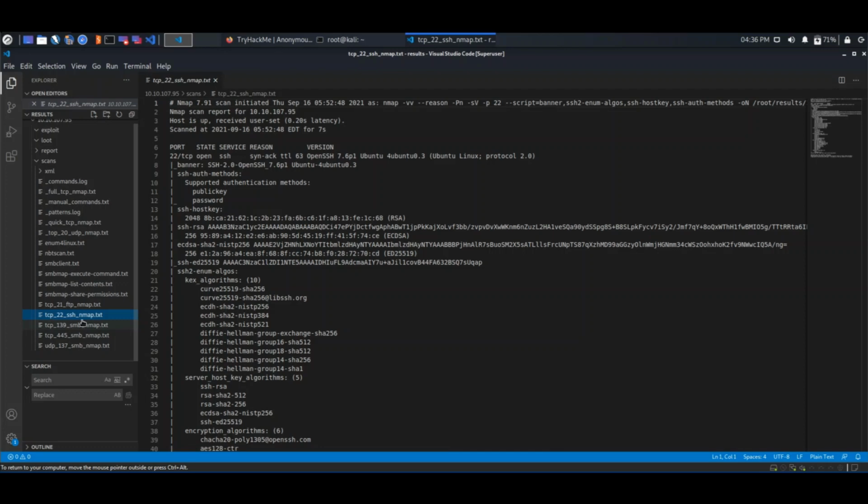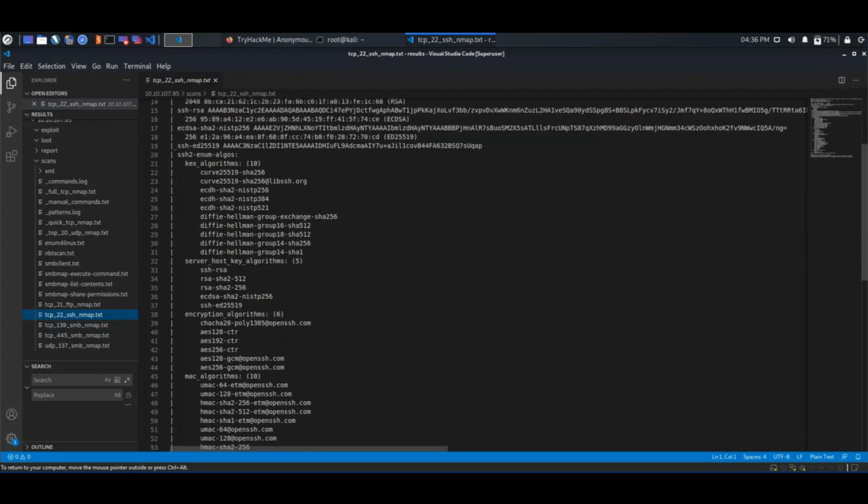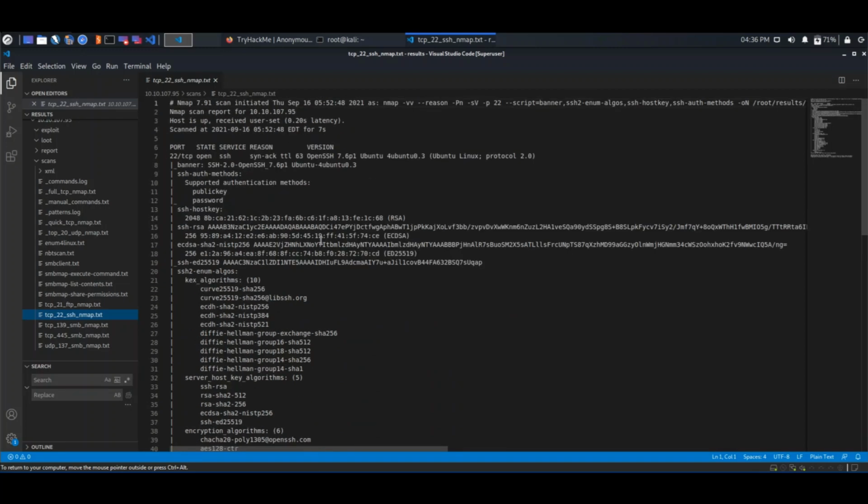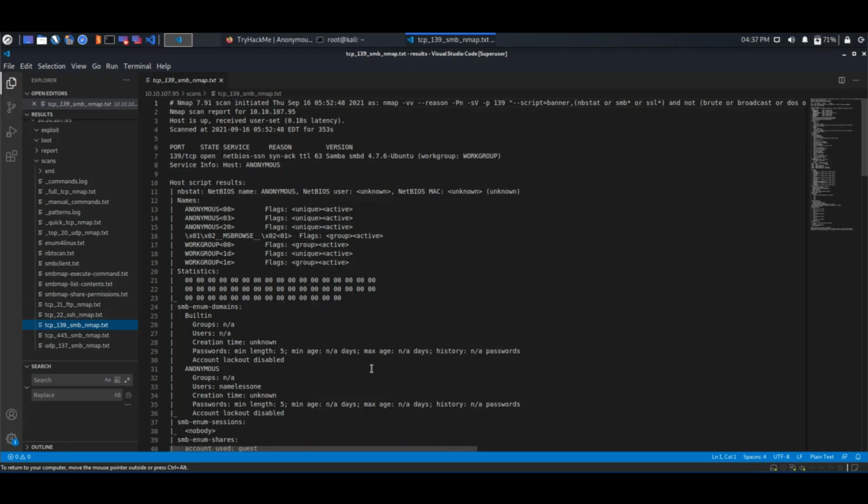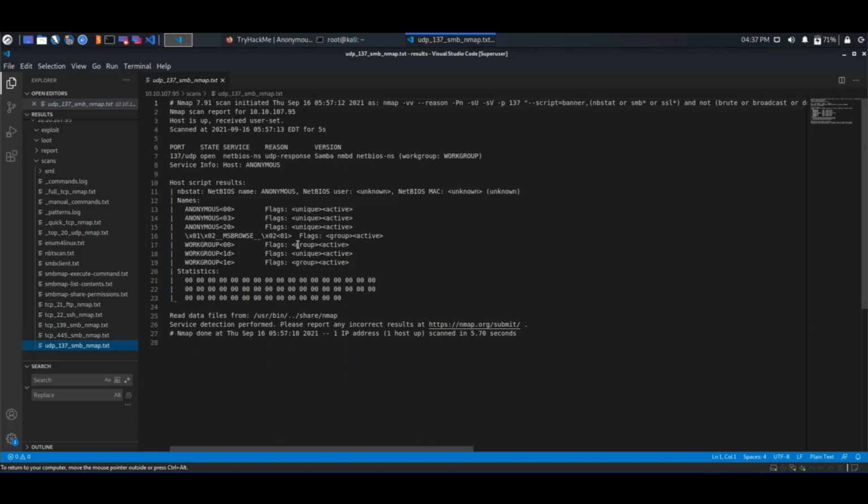And the same goes for the 22 SSH port. It did some detailed scanning on that and found results on what kind of SSH service is running, what versions are there, and more detail on that. As you can see, it used a lot of inbuilt nmap scripts for that. Many times we also do this: if we find some juicy port, we try to run some extra scripts with nmap, but in the case of AutoRecon, it will do it automatically for you. The same goes for 139 SMB, 445 SMB, and 137, that is NetBIOS SSN.